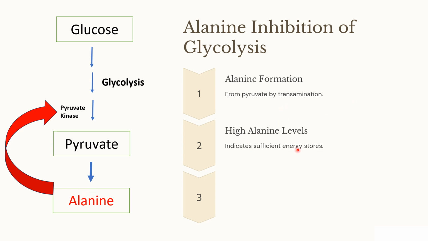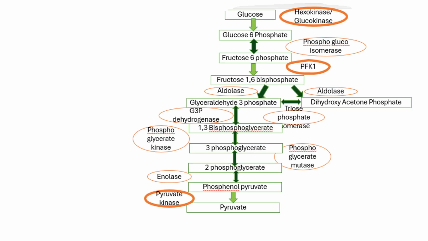High alanine levels indicate sufficient energy stores, isn't it? So when the pyruvate is high, only when pyruvate is high, alanine can be high. When alanine is high, it indicates that the product is in high amount and is excess. So therefore we don't want this pathway to happen. So this alanine, how does it inhibit glycolysis? It inhibits glycolysis by preventing one of its rate limiting steps, such as pyruvate kinase inhibition, and slows down the glycolysis. We have come to the end of our glycolysis topic discussion,